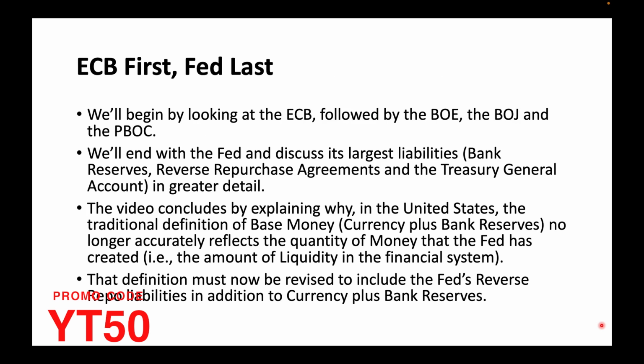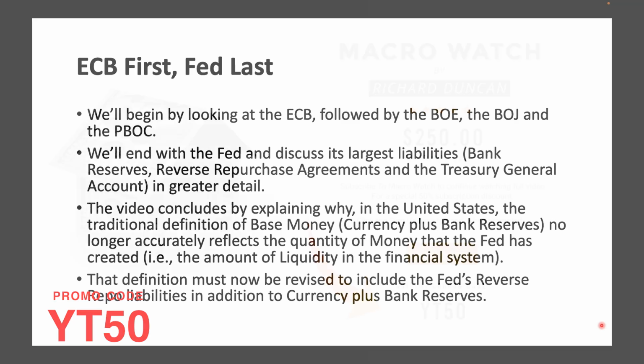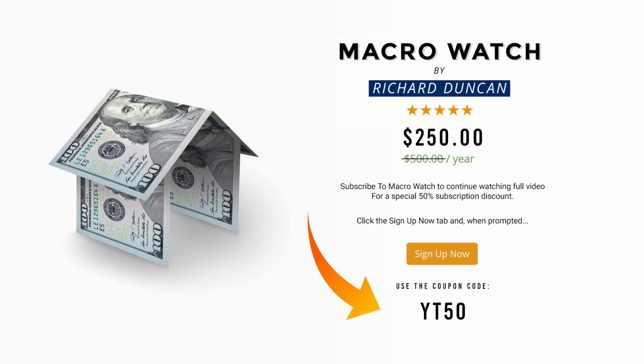We'll begin by looking at the ECB, followed by the BOE, the BOJ, and the PBOC. We'll end with the Fed and discuss its largest liabilities: bank reserves, reverse repurchase agreements, and the Treasury General Account